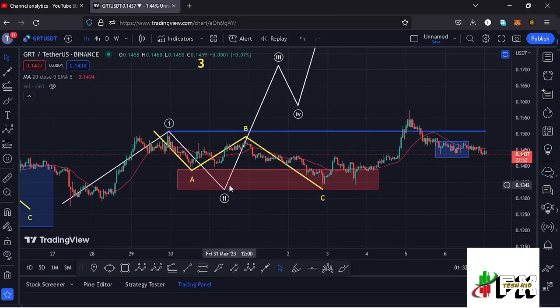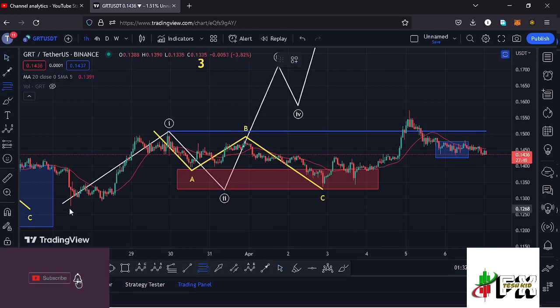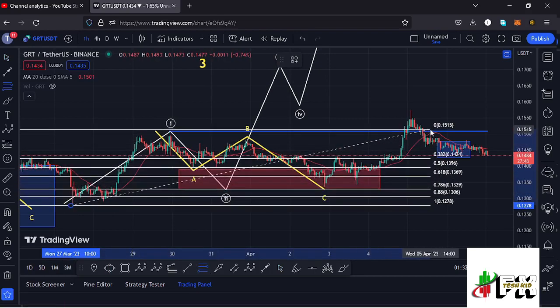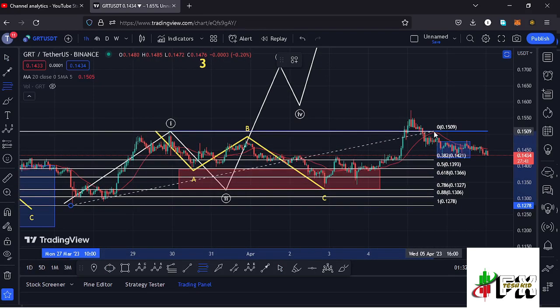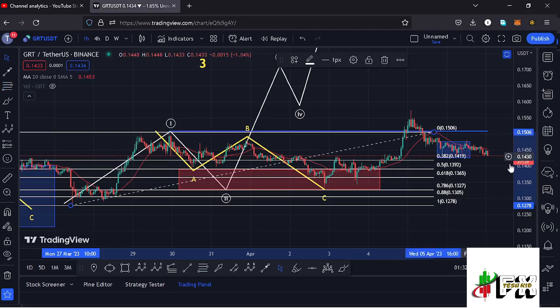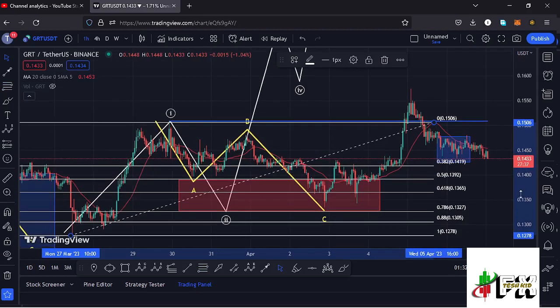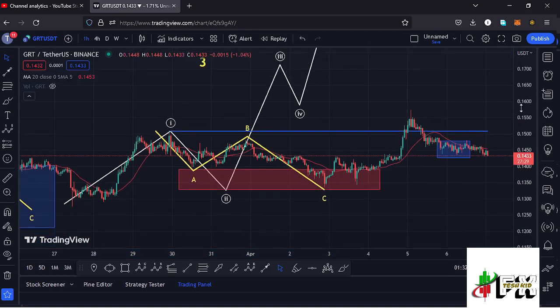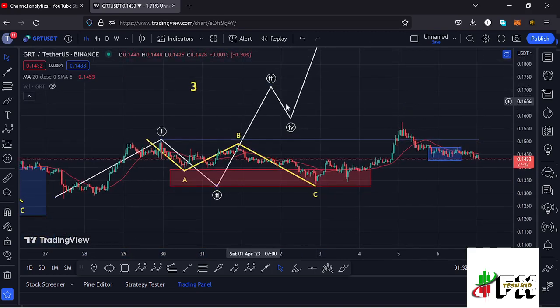in a move that has managed to get into the minimum retracement area, which I was able to come up with by connecting the Fibonacci's from the low of the first wave to the high of that wave 1, and that gave me a minimum retracement area between the fib level 0.5 and the fib level 0.78, which is a target area that we have now fully maximized. And there are high chances that whatever we are seeing at the moment is the formation of this wave 3,